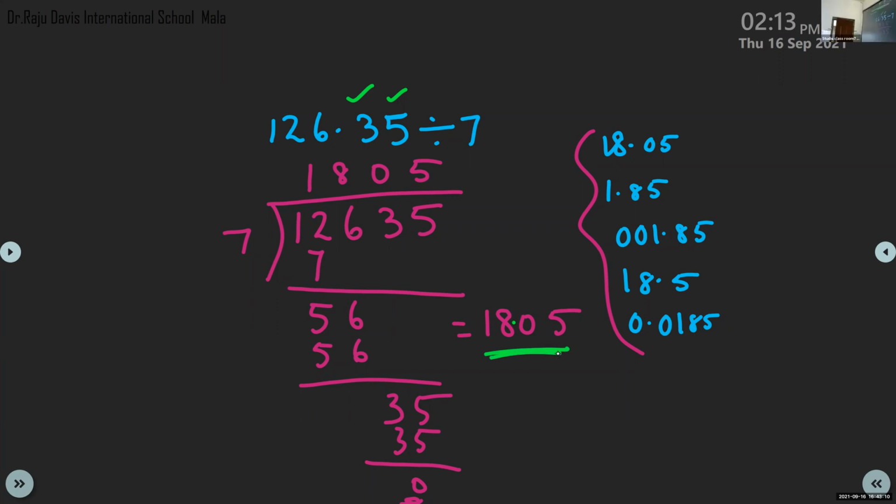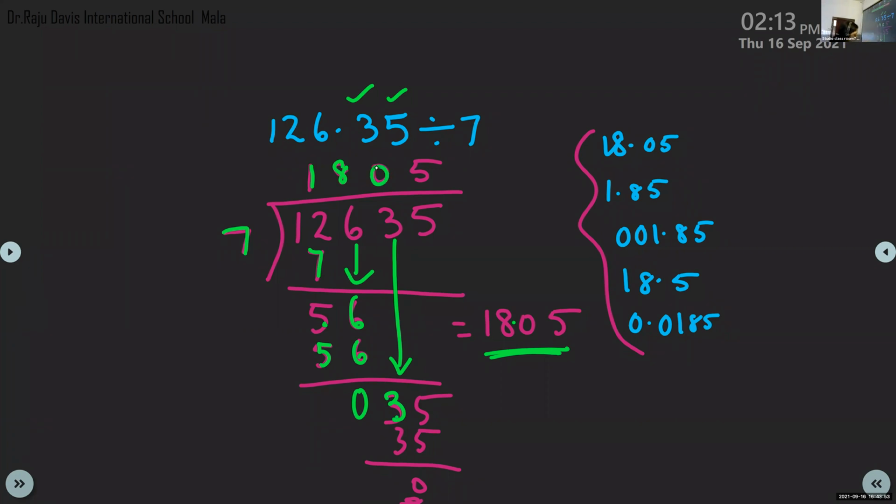Then how are you getting so many zeros and 1 and all? Maybe their division was wrong, ma'am. See, the division got confused because there was a zero. Listen carefully. 7 ones are 7. Balance 5. Now you bring down 6. So 56. Now 8 times 56 I wrote. Balance 0. Okay. Now bring down 3. We brought down 3. This number is not divisible by 7. So put 0. There is a step there.